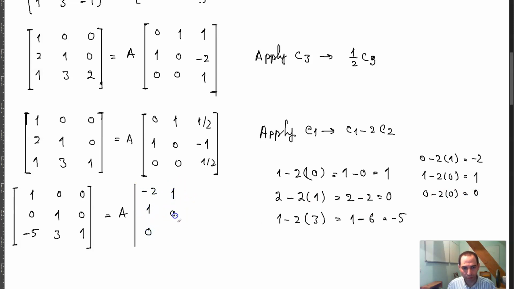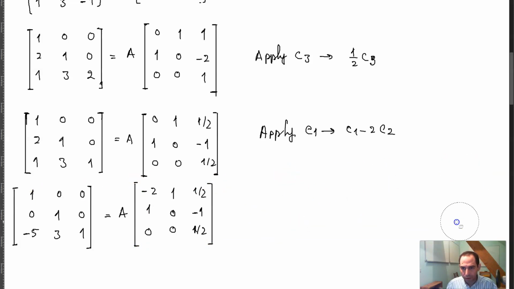Then you have 1, 0, 0, and 1 half, negative 1, 1 half. So that is this step,